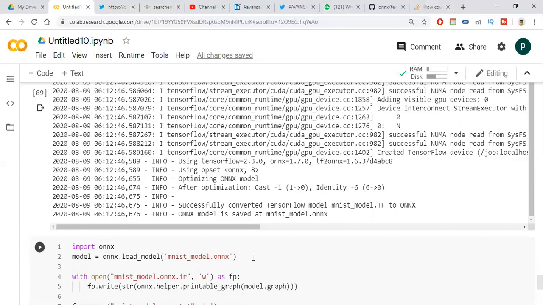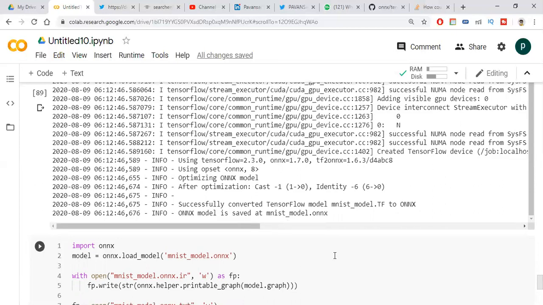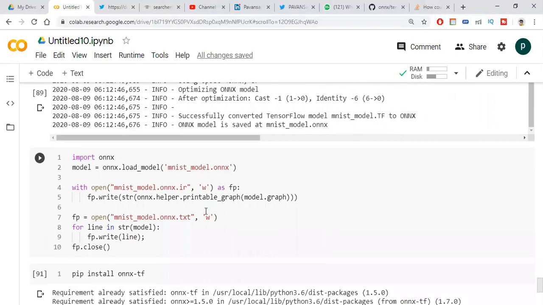If you connect these devices, then we can send this model to that device and run this model on that device. Then we can predict our output. So this is the code. I am loading this model in this cell only for understanding purposes.